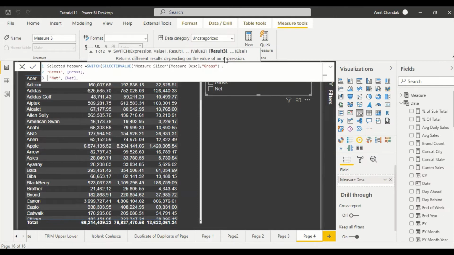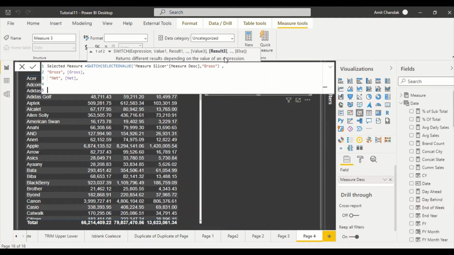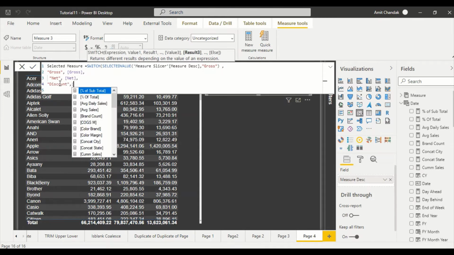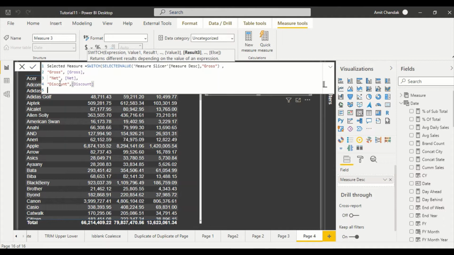Or I can write down the third condition, which is basically when the value is discount. I can do Alt Enter, let the code be a little bit clean. And we can have discount. And if some of you are not aware how we created all these measures, you can watch our past videos, especially in the advanced DAX series or in the beginner series for Power BI. And similarly for Tableau, we have the Tableau Public series. There you can find out how we have created these measures. Okay, so now we got this.